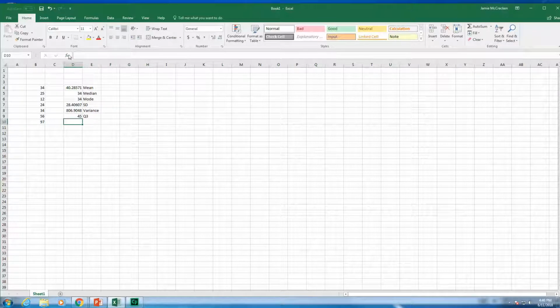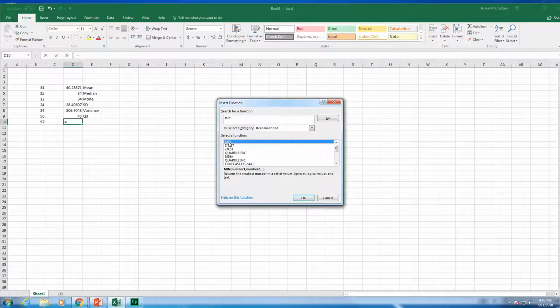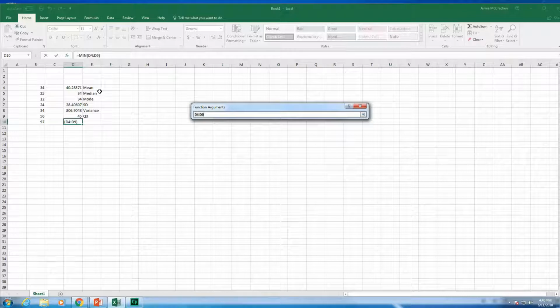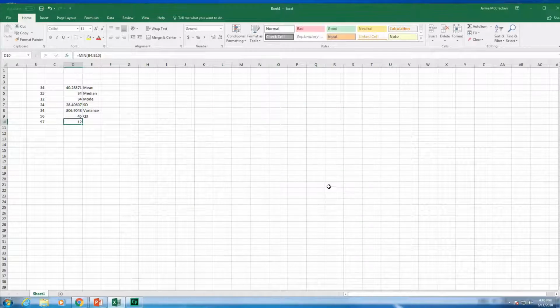And again, you can use the function key to find the minimum or the maximum. This helps if your data set's real big and it's hard to tell, but you can do the same thing for the maximum. So I hope this helps you a little bit in Excel, and especially with Chapter 3,